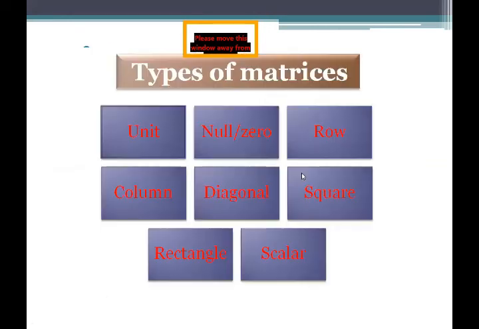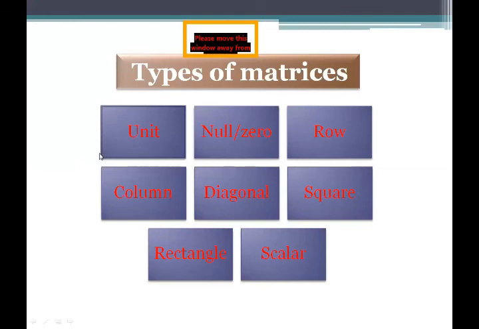Now, types of matrices. All the types of matrices are here. You will use this slide for making the mind map of types of matrices. Write types of matrix in the center and write all the types around it: unit matrix, null or zero matrix, row matrix, column matrix, diagonal matrix, square matrix, rectangular matrix, and scalar matrix.